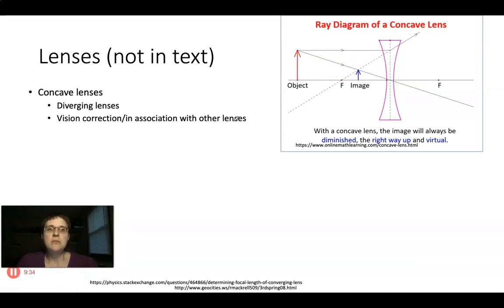So what good is a concave lens then if it's going to diverge all of the light? Concave lenses are used in vision correction and can also be combined with other lenses in order to focus light that's coming in. What's interesting with concave lenses is if you look through a double concave lens like this one,